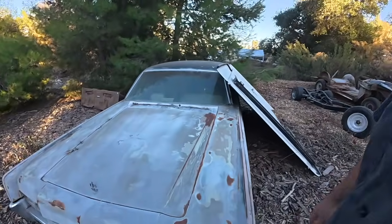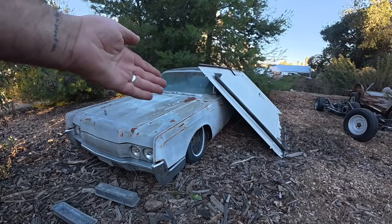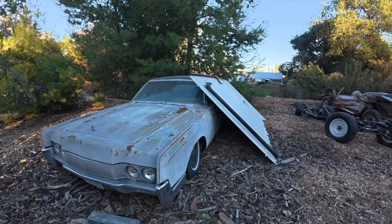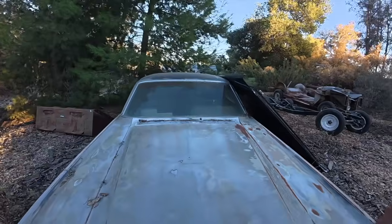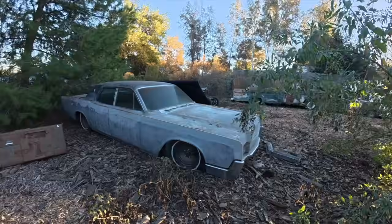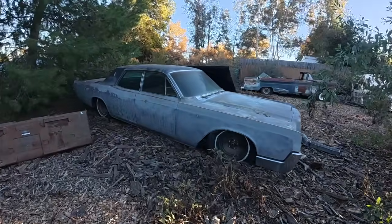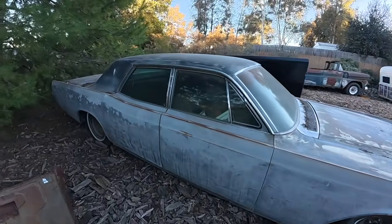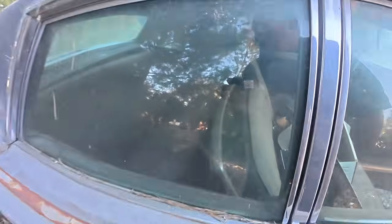And then I got this old Lincoln. This poor girl, she's laying here. I got a tonneau cover on the side of it here to try and keep the water out of that window that's permanently open, or at least open for now. She's bagged, shaved, just an absolutely killer car. And the interior was actually really nice at one point. And we see in there, interior is decent, but